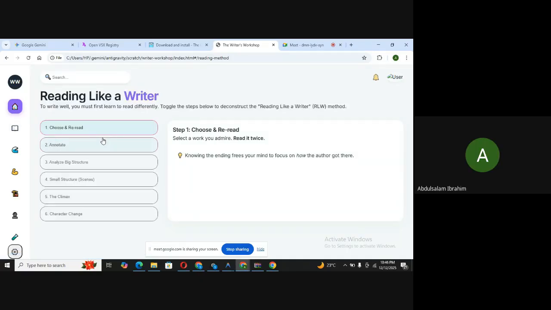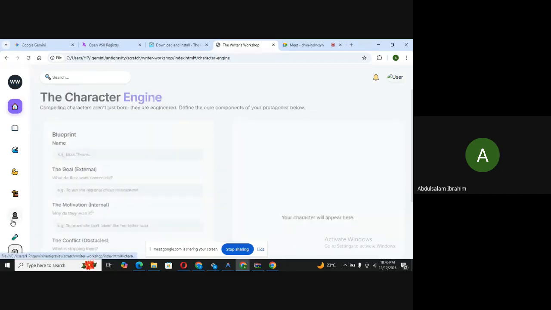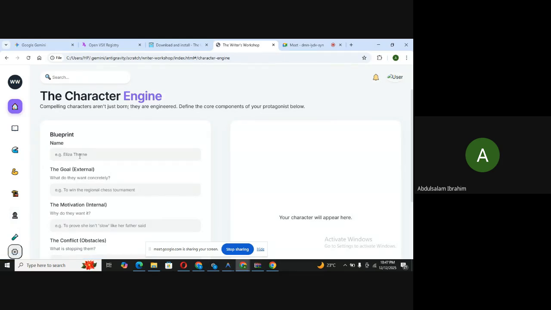Okay, for now, I have not really refined it. For reading like a writer, you choose a passage, then you annotate it. At the end of it, which I've not added, you write in the same style as that passage was written. But the only place we can really interact with here is this character engine. Let me try this.